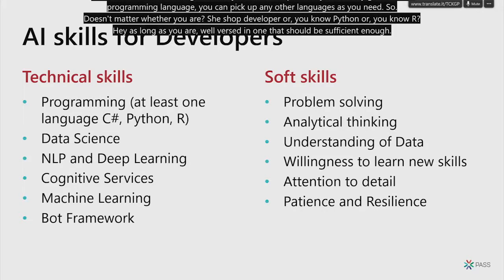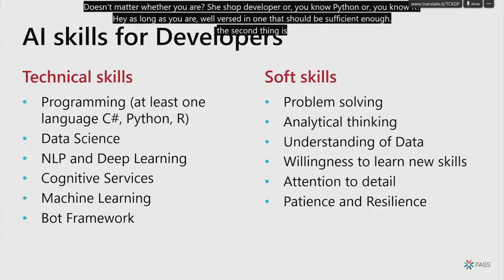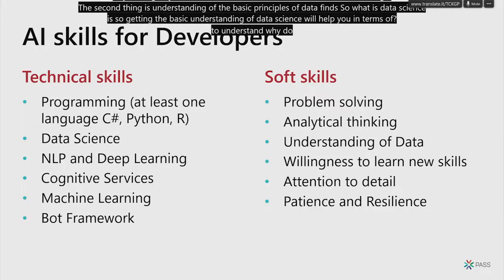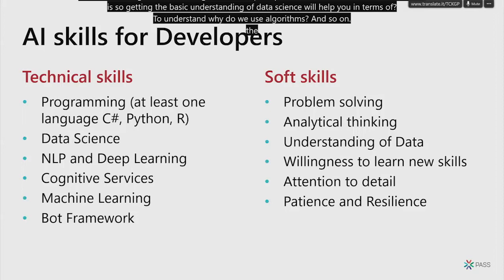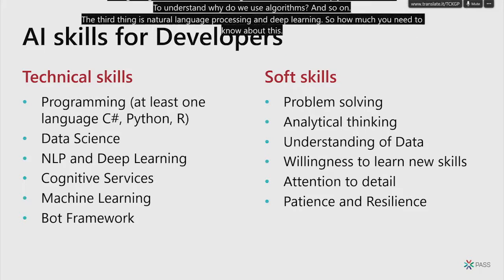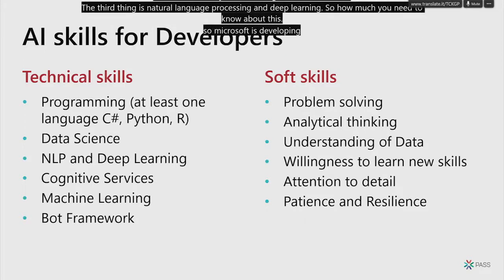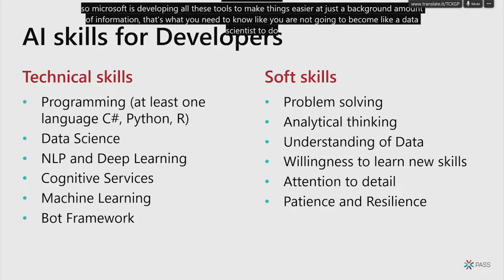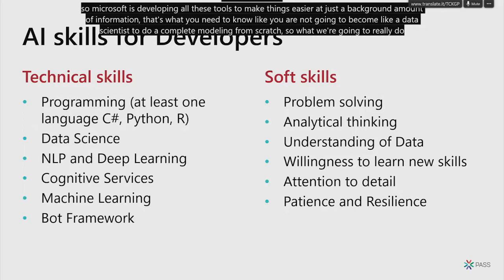The second thing is an understanding of the basic principles of data science. Getting a basic understanding of data science will help you understand why we use algorithms and so on. The third thing is natural language processing and deep learning. So how much do you need to know about this? Microsoft is developing all these tools to make things easier. Just a background amount of information is what you need to know. You are not going to become a data scientist doing complete modeling from scratch. What you really need is a basic understanding of these terminologies and how to utilize them